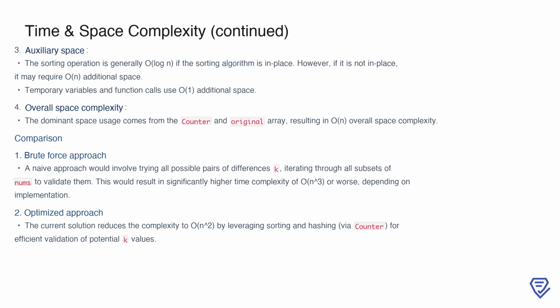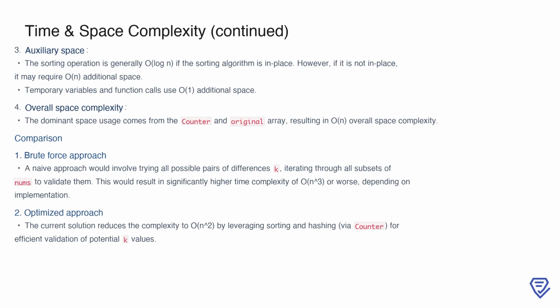Additionally, we consider auxiliary space requirements. If the sorting algorithm used is in place, the sorting operation requires O(log n) space. However, if the algorithm is not in place, it may require O(n) additional space. Beyond this, the temporary variables and function calls contribute O(1) extra space. Combining all these factors, the overall space complexity is dominated by the counter and the original array, resulting in